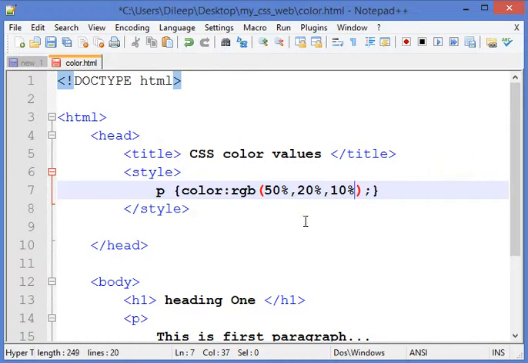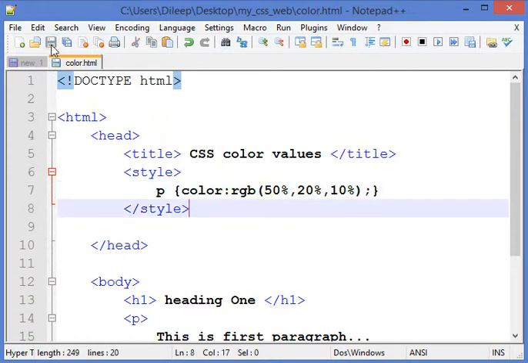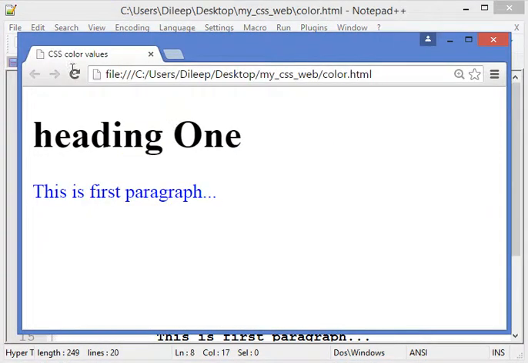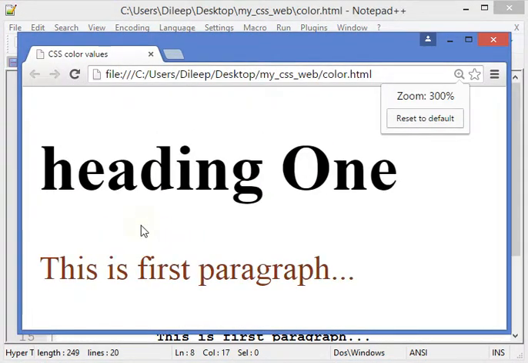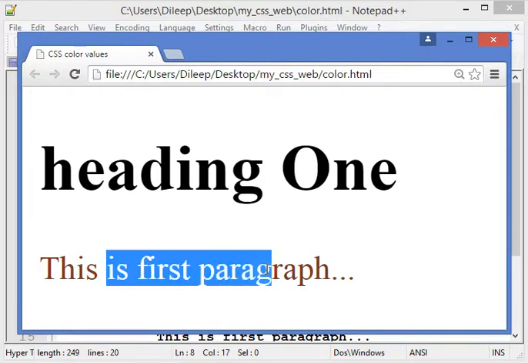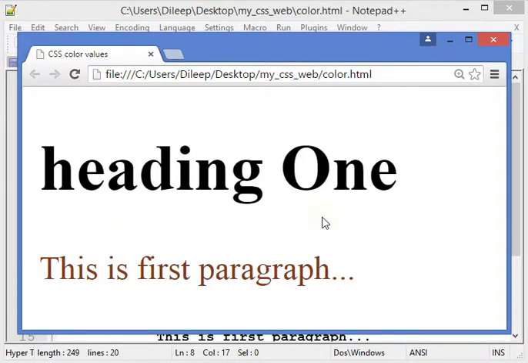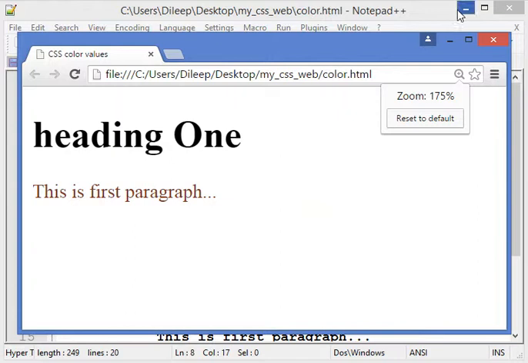So the proportion of red is higher, so it should be reddish. Let's see, I'll save it, and I will go to the browser. When I refresh it, you can see this is the color after that mixture, right? So the browser will interpret these color codes properly.